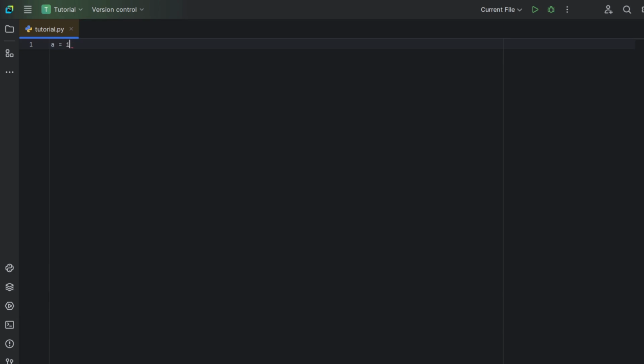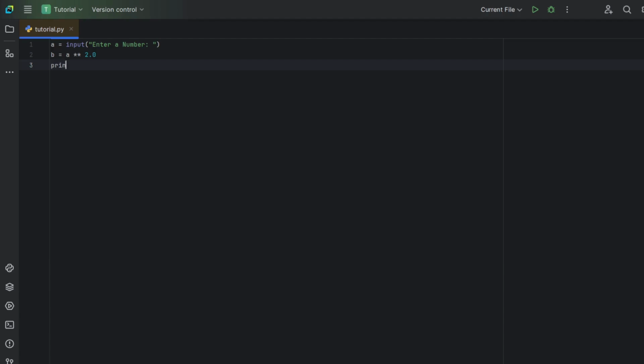A is equal to input, "Enter a number: ". Let's move on to the next line and put B. B is equal to A squared to 2, but as a float.